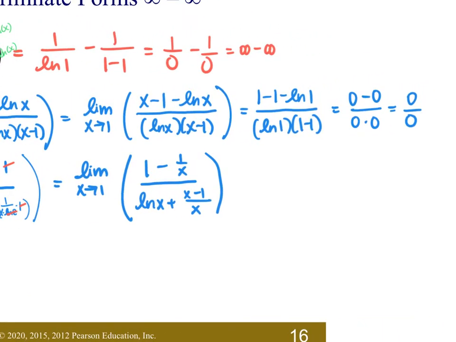Okay, that's a lot of fractions within fractions. So the best move here is to multiply everything by x so that we don't have quite as many fractions in this problem as we did before. So I'm going to multiply each term by x. So these x's will reduce, those x's will reduce,